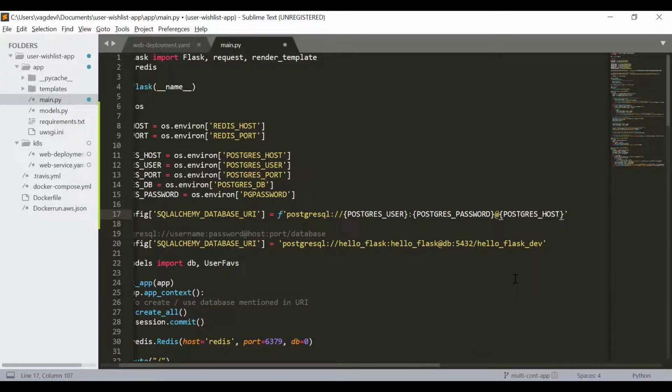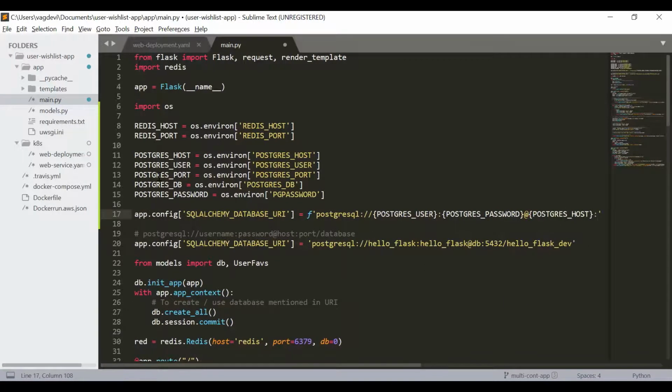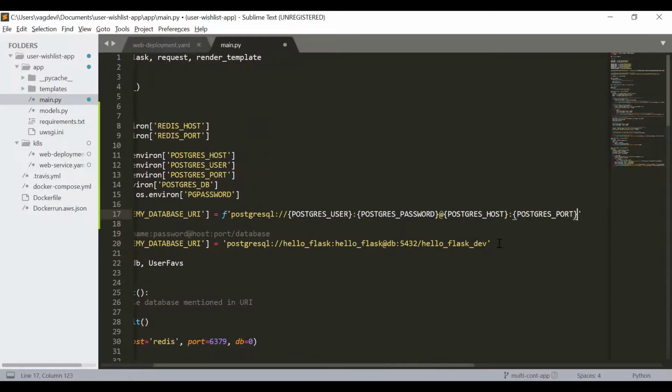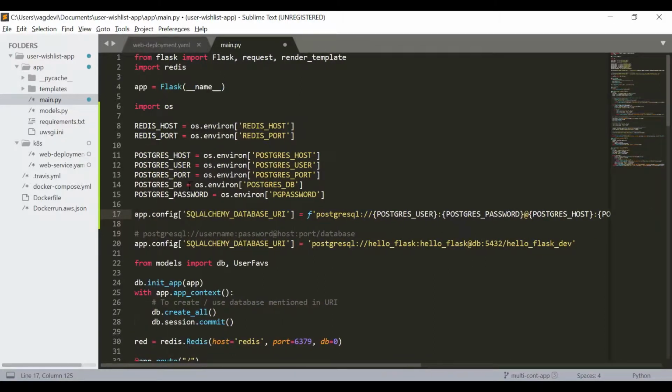then colon, which is next thing is port. So again, open and close bracket, port, and then / and then the database, PostgreSDB.